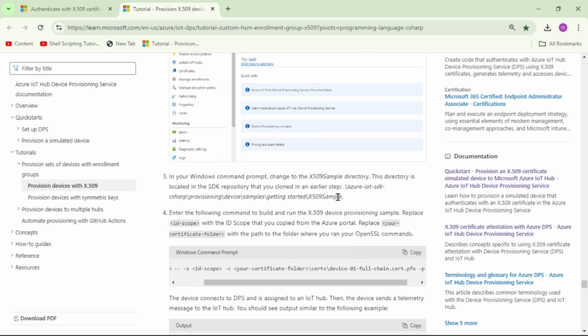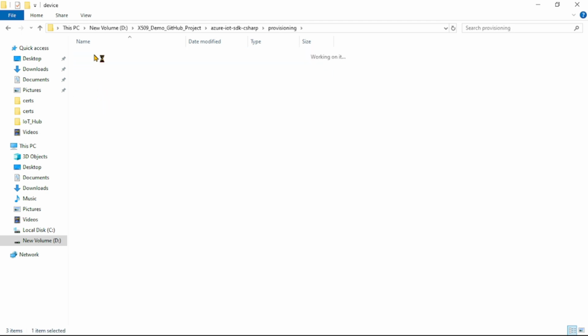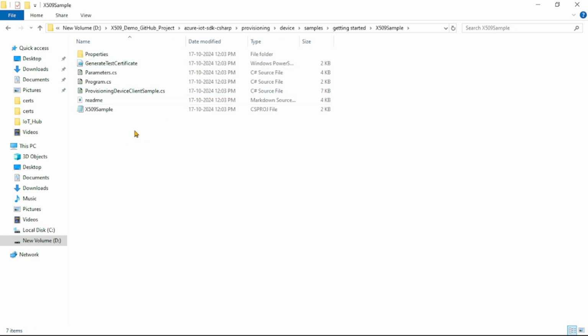See, basically we need to navigate to this path, that is under provisioning, under device samples, getting started, and to this X509 sample. So basically we need to navigate to this project in command prompt.